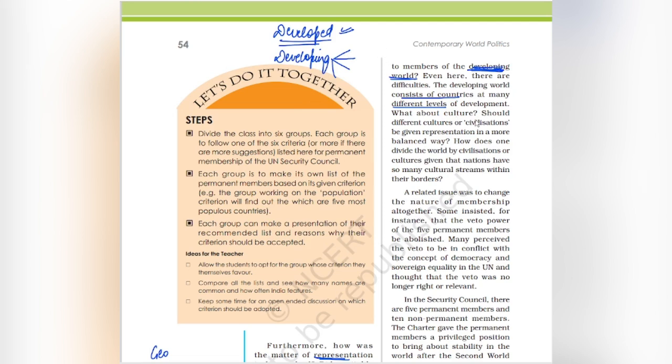And lastly, if you're talking about culture, what do you really mean by culture? Are you talking about civilization? What exactly are you talking about, right? How does one divide the world by civilization or culture, given that nations have so many cultural streams within their borders? Even within India, there is so much cultural diversity. How can you consider culture then? When within one border itself there are so many cultural streams within a country, then how can you consider culture,